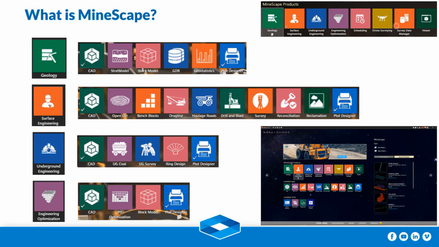Now in 2023 we've added 3 other ones: scheduling, drone surveying, and survey data manager. Each of these products, these geology products, all have multiple applications. So if you purchase a license of geology, you get all these. Same for surface engineering, you get all these. There are no add-ons or anything like that. You get those applications.